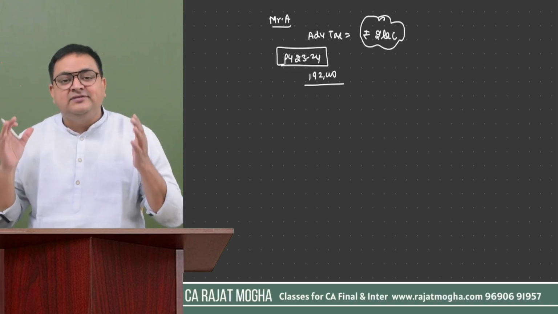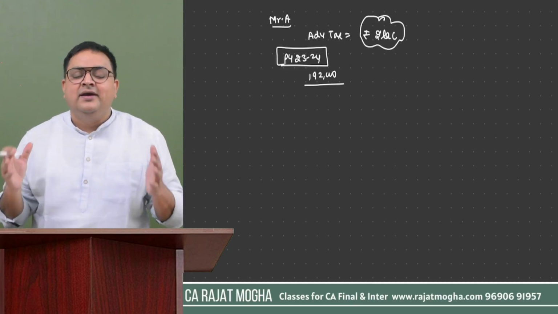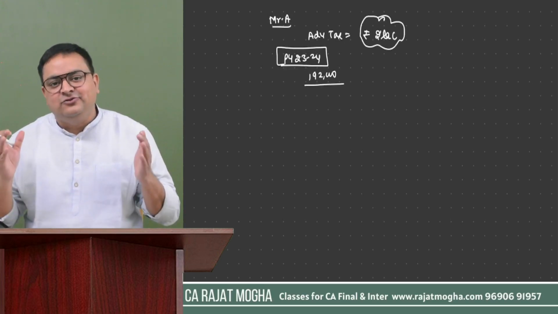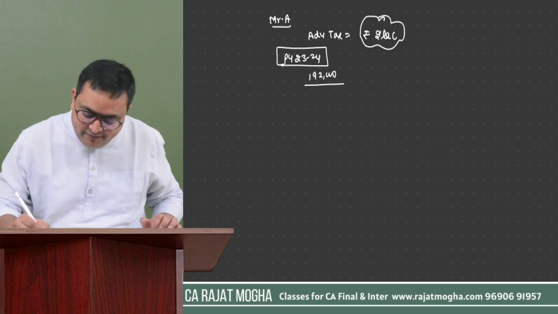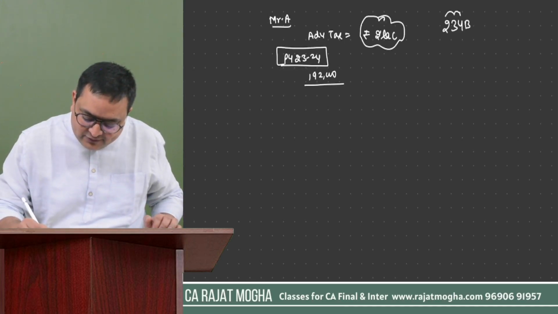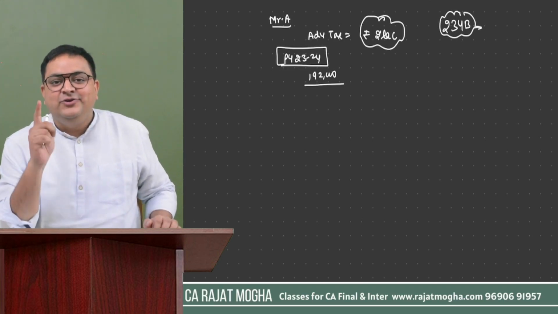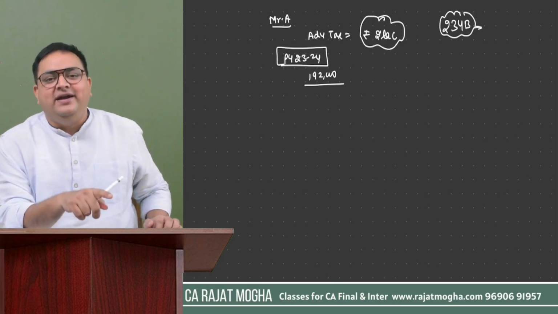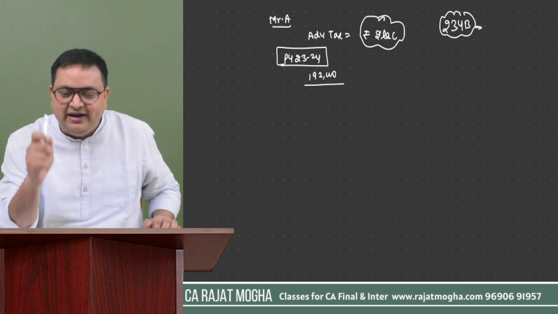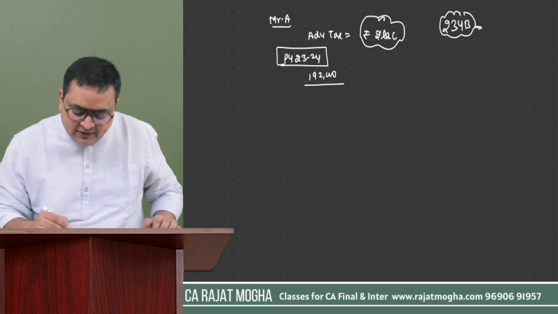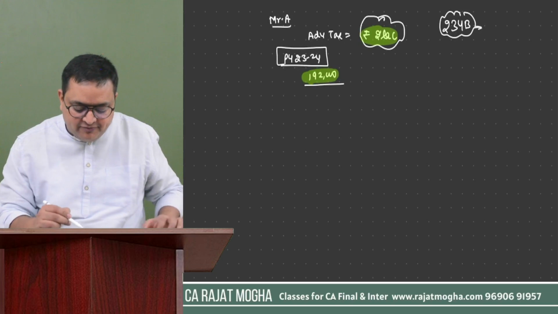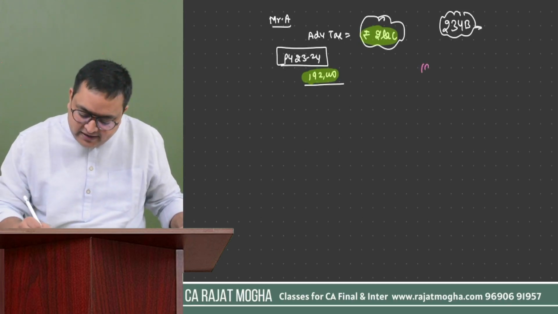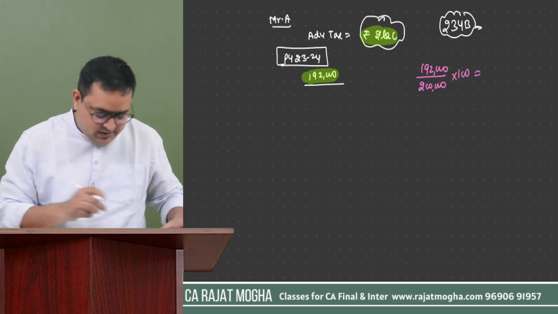So he was supposed to pay 2 lakh rupees, but he has deposited advance tax of 1,92,000. What is advance tax? Anything which is deposited during the previous year. I'm again repeating: anything which you deposit during the previous year, that is called advance tax. If you deposit after the previous year, then it is not advance tax. 234B arises, students, whenever you don't pay your advance tax up to 90%. So we have to check whether 90% is paid or not. In this case, you were supposed to pay 2 lakh rupees, but you have paid only 1,92,000. Tell me how much percent you have paid. So simple, if we calculate 1,92,000 divided by 2 lakh, into 100, it would be